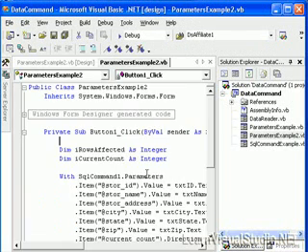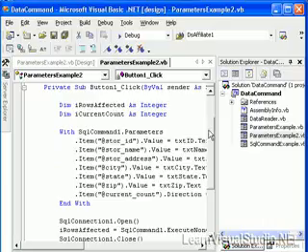So we hope that this was helpful to you, that you learned a little bit more about the data command's parameter collection, and that you can use that whenever you use your